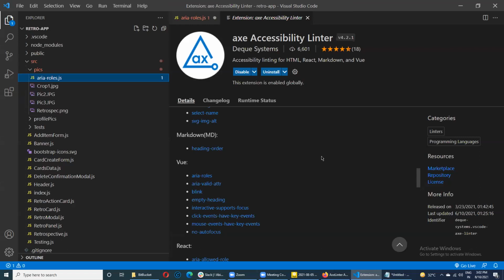Okay, I don't think that's possible. If we are looking at screen reader compatibility with Axe Linter, that depends on the environment in which we are using it. Is it Visual Studio? What exactly is the environment? But if you're looking to identify issues from a screen reader via Axe Linter, that may not be possible.